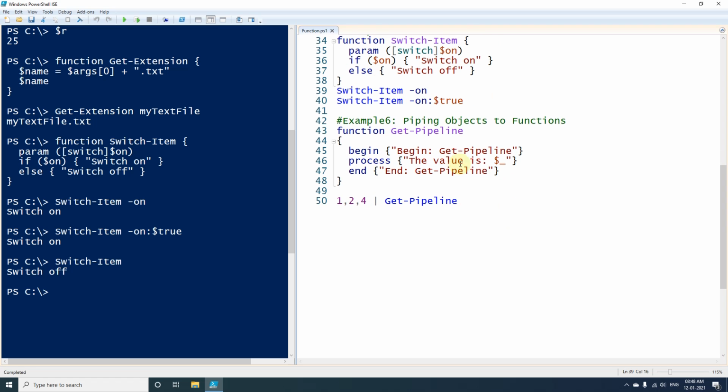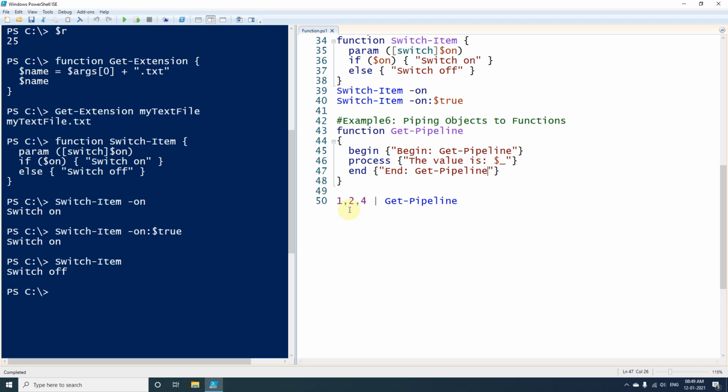And in the last example we will be seeing how we can pass pipeline values to any function. Here I have declared a function, and in this one I have used three different blocks. First is begin, second is process, and the last is end. In the begin I am just printing the message begin get pipeline. In the process I am printing the value is colon $_, and at last I am printing end with get hyphen pipeline.